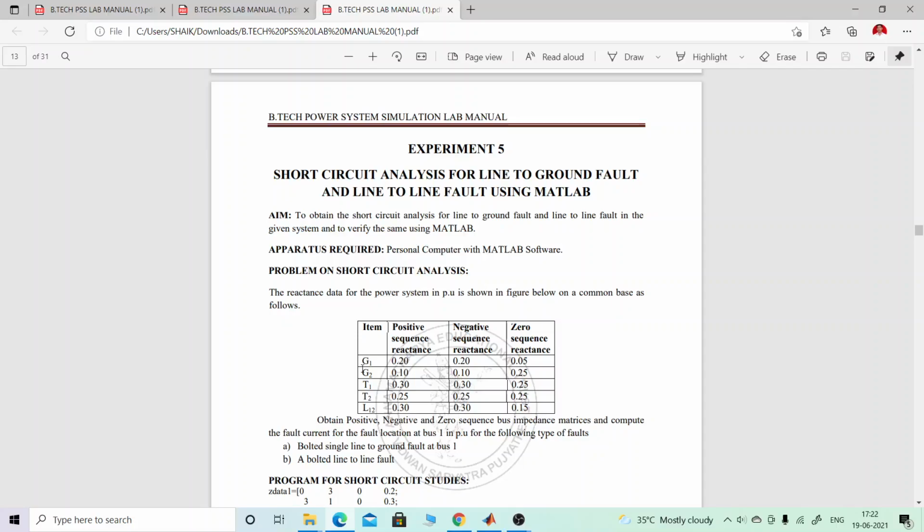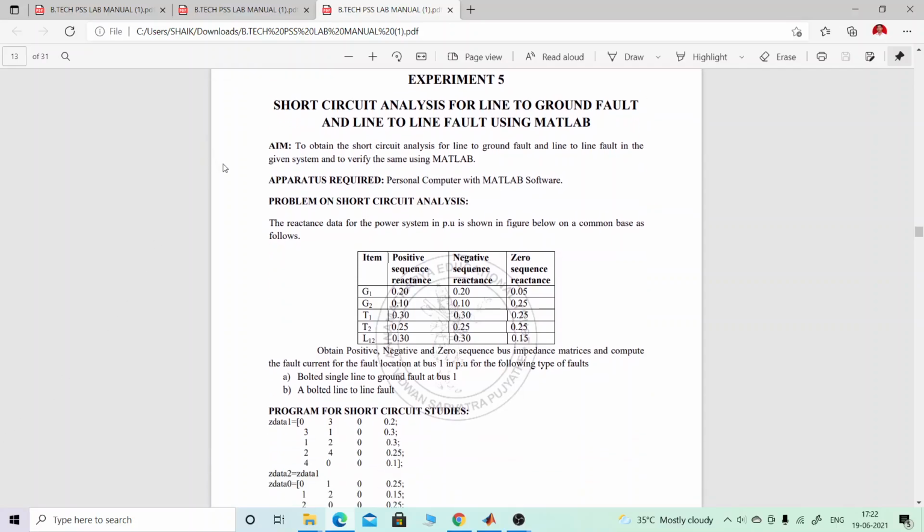The problem is as follows, as given here in terms of the reactance. The items being shown here are generator 1, generator 2, transformer 1, transformer 2, and the line that will exist between nodes 1 and 2, that's L12.